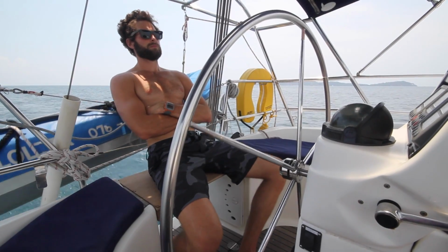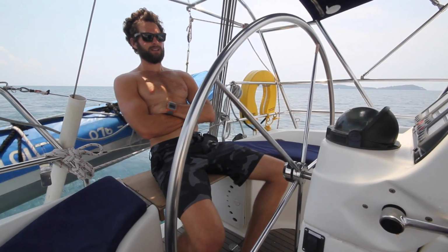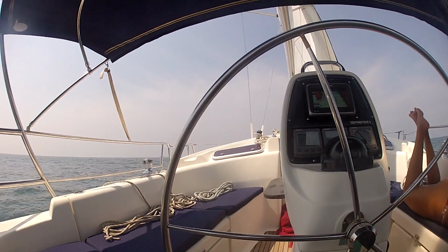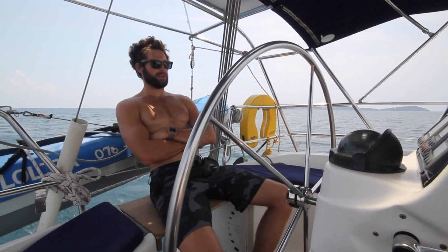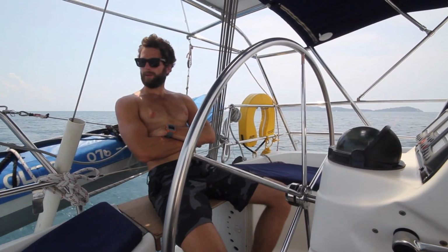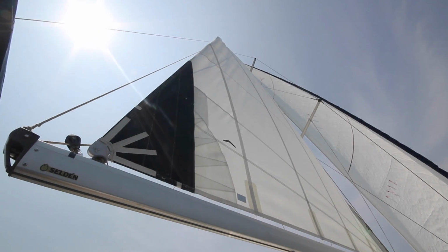Are you pouting? Yes. Why are you pouting? There's no wind to sail. We've been motoring for the last like hour and a half. But we still can't see Racha Yai. We're headed right towards it from our GPS. I don't know, maybe when we get a little bit more south of Phuket, winds will pick up a little bit. But...